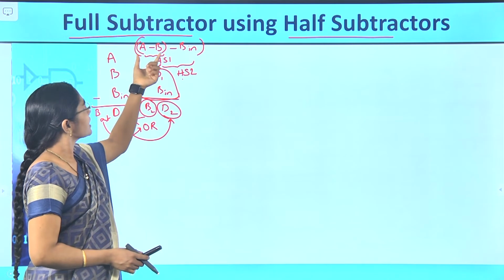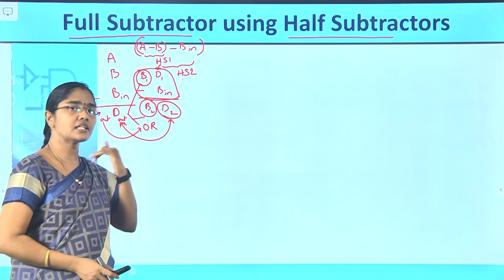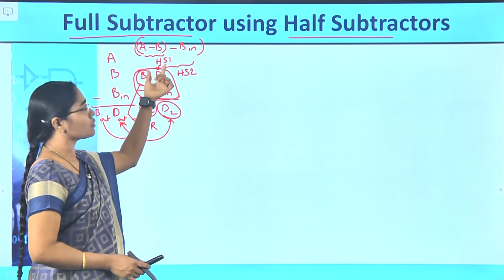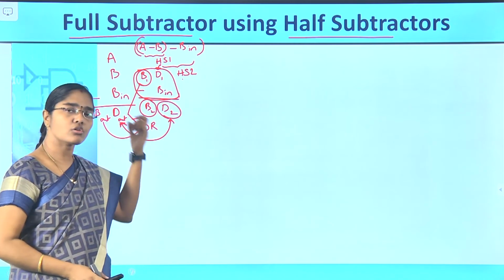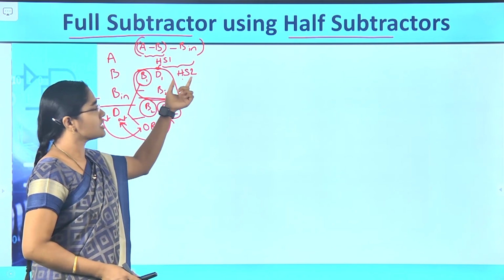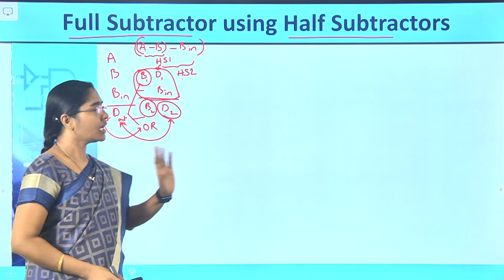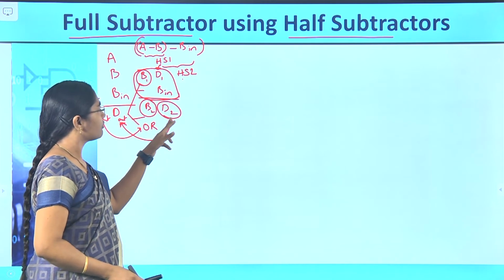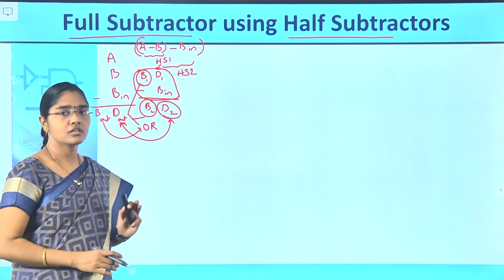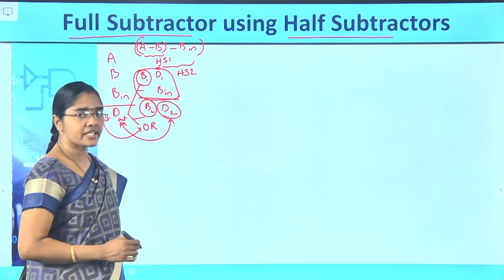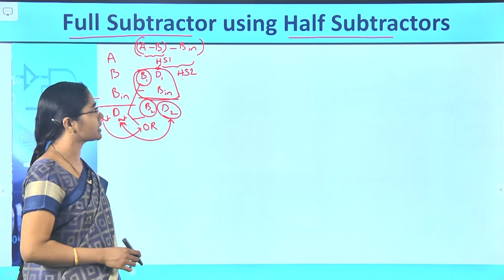That is, for getting A minus B, one half subtractor, and result minus B in, another half subtractor. In half subtractor 1, one borrow out will be there, and in half subtractor 2 also one borrow out will be there. So these two borrow outs will be given to one OR gate to get the final borrow out, and from half subtractor 2, the final D2 is nothing but the difference of the overall operation. So let's see the block diagram implementation first, after that the logic diagram implementation.